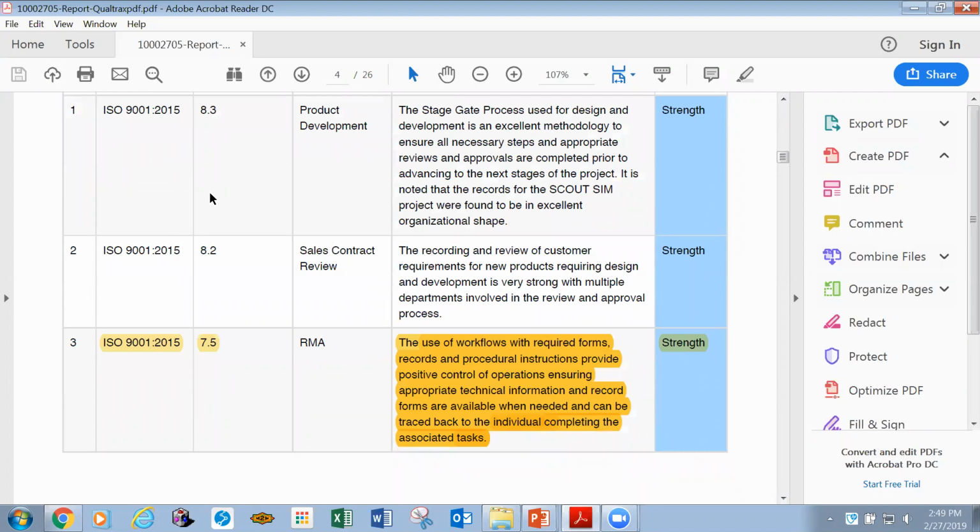ISO 9001:2015, the use of workflows with required forms, records, and procedural instructions provide positive control of operations, ensuring appropriate technical information and record forms are available when needed and can be traced back to the individual completing the associated task. It meets every entity of